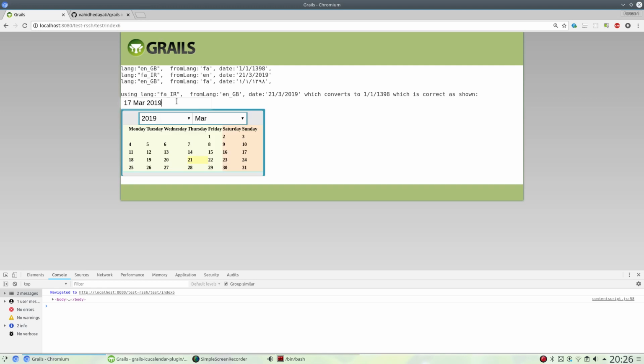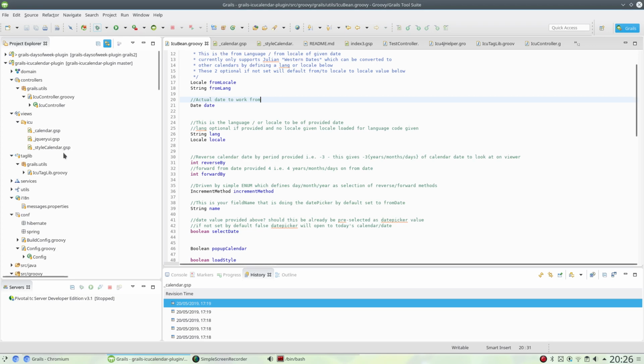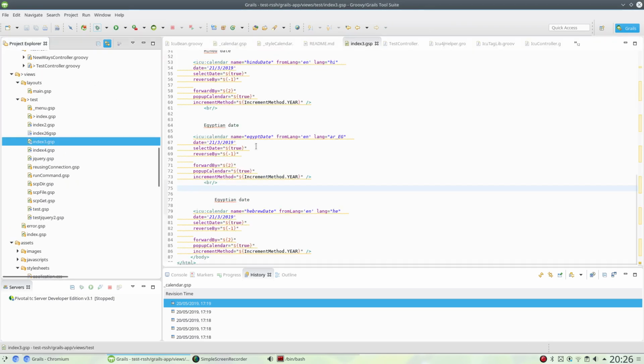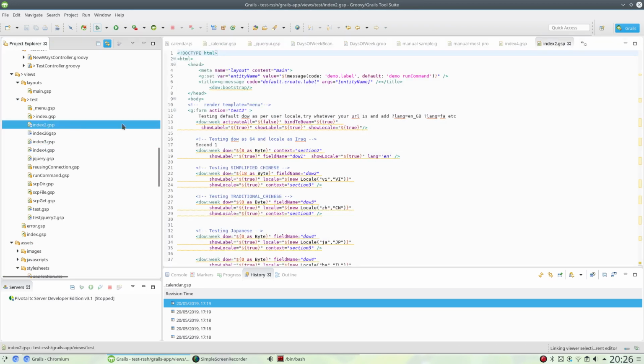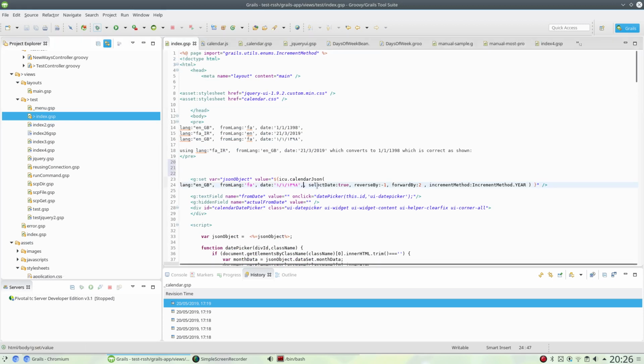So this is me doing a British calendar. On here, if I go to index, I know the pages are all called different things on my local version. I've just been doing index 1. So as you can see, it's a Persian date that's gone in and it's been converted to English. So if I had an English date